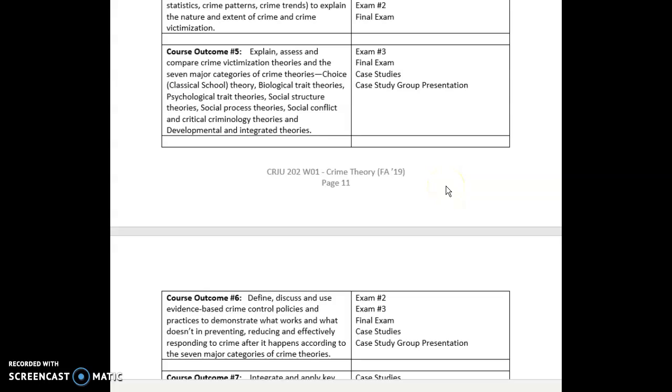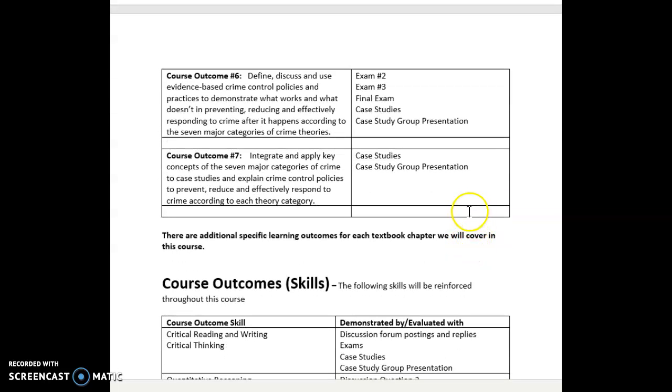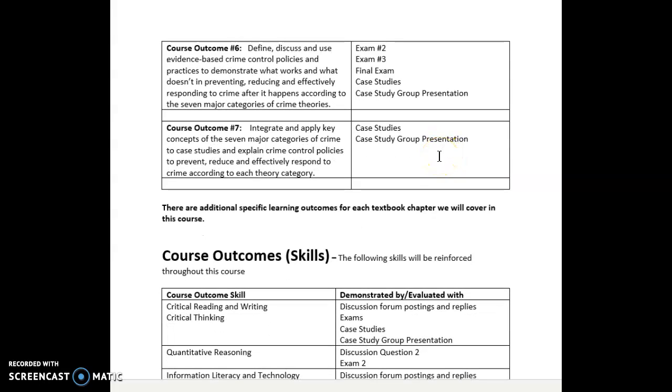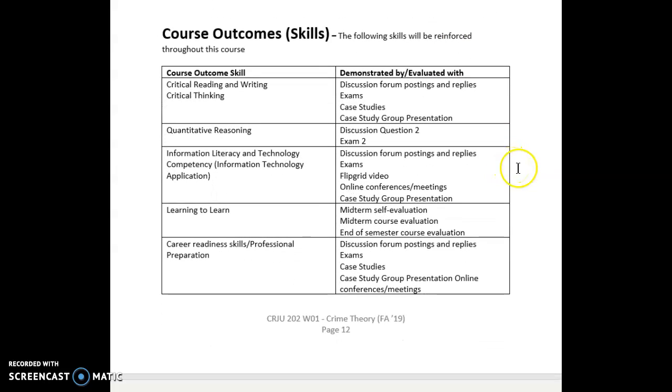The learning outcomes pretty much mirror those questions that we're going to be trying to tackle about causes of crime, explanations, different theories, and then crime control policies that will help us accomplish either reducing crime, preventing crime, or effectively responding to it after it happens. In addition to the knowledge about crime theory, there will be a number of skills that you will be